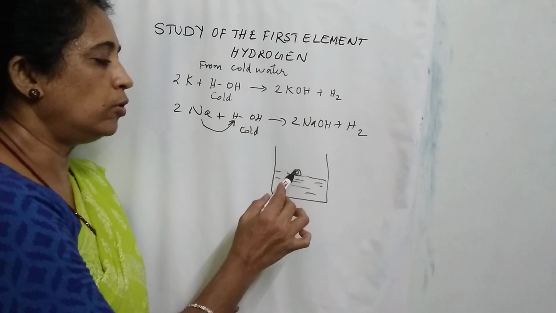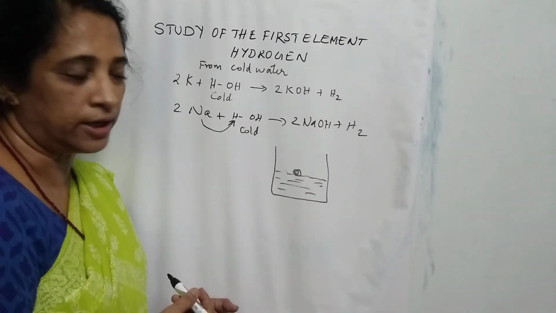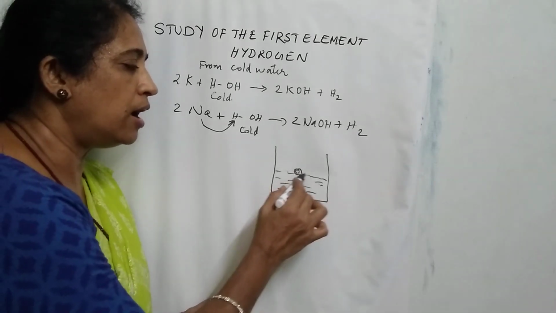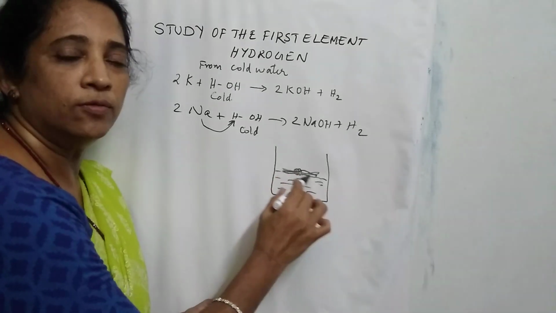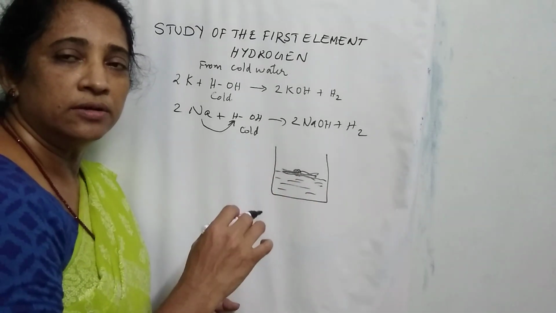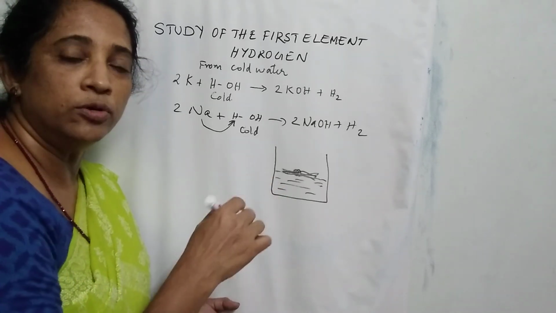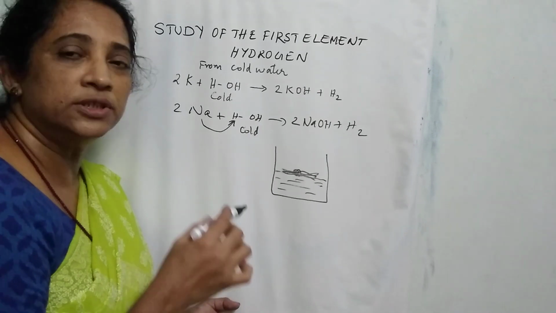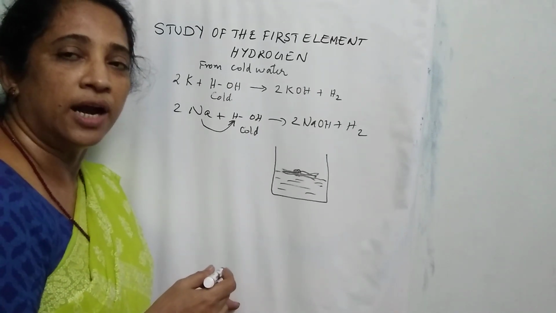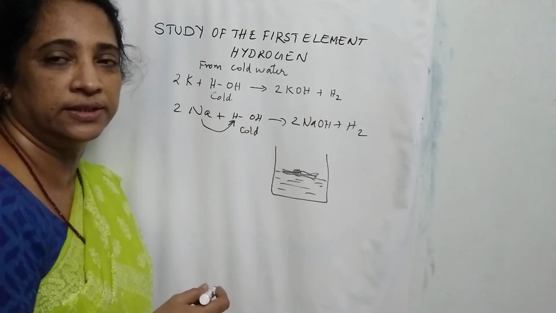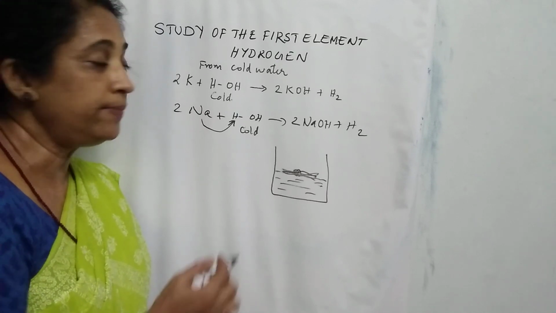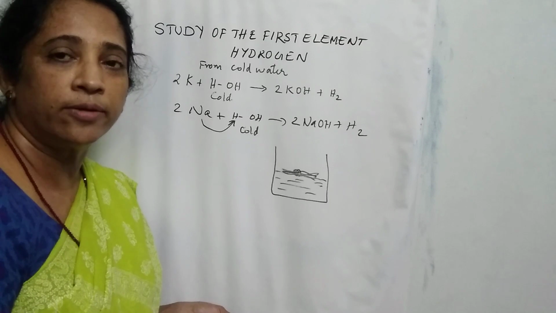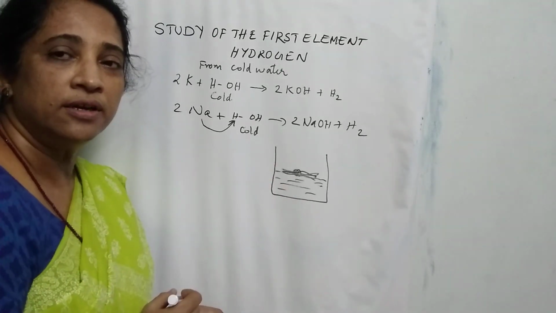Okay. So when sodium is placed in cold water, it forms a globule and darts on the surface of water. Darts meaning the sodium piece will move zigzag on the surface of water. Hence, collection of hydrogen is difficult. Therefore, usually sodium metal is wrapped in wire net or wire mesh and then placed in cold water.